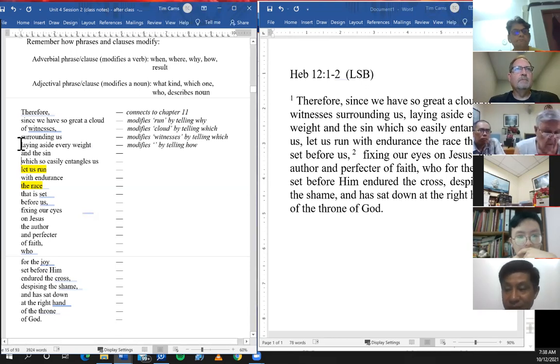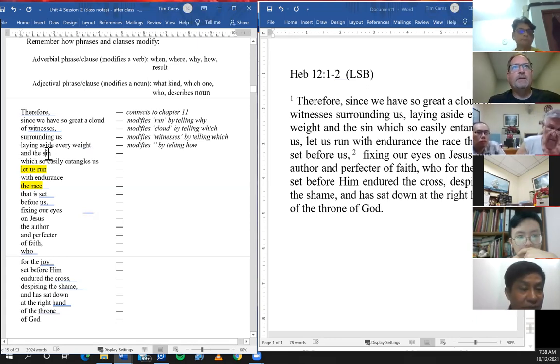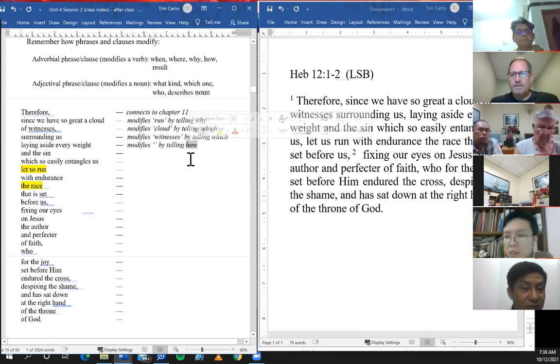But yeah, I don't think it's modifying cloud. And it's not modifying sin, because sin is one of the objects. Laying aside every weight is the first thing, and laying aside the sin is the second thing. So it's got to be modifying something else. Now you're correct. It's telling us how. So if it's telling us how, notice it's going to modify